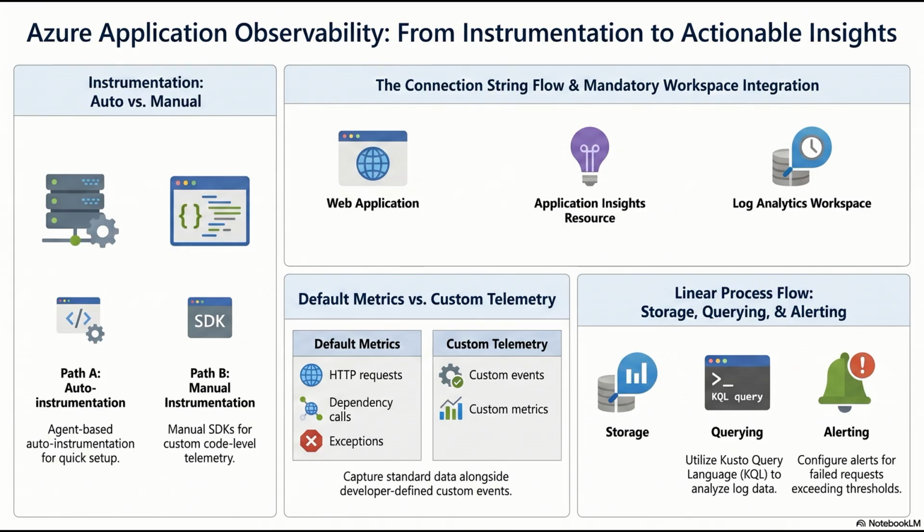And we can take that concept of tracing a step further into highly distributed architectures with distributed tracing. Right, because an application isn't always just a front end and a single database. What if I have a microservices architecture? Like, a user clicks buy, the request hits an API gateway, which calls an inventory service, which drops a message on an Azure Service Bus queue, which is picked up by a backend worker, which finally updates a database. That's a lot of hops. It is. So how on earth do you trace a single user's action across 5 different independent servers?